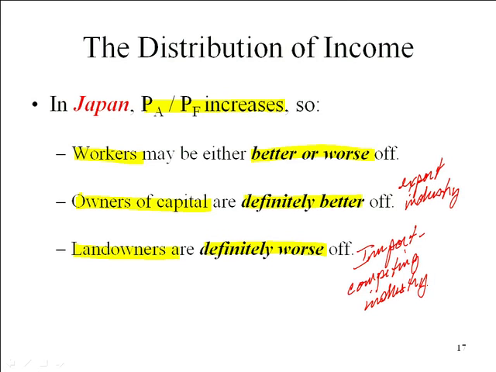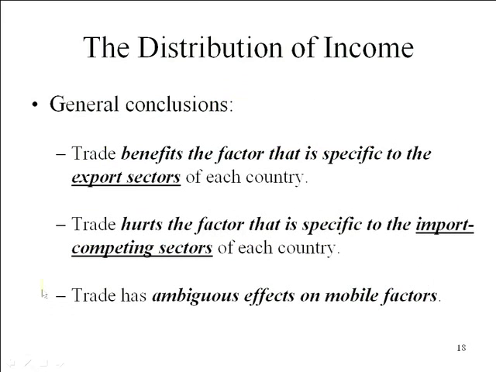So again, just in more general terms, we want to remember, trade benefits specific factors in the export sector, trade hurts specific factors in the import competing sectors, and it's ambiguous in terms of the mobile factor. Now remember, we showed last week at the end of our discussion about the Heckscher-Ohlin model, even when we have winners and losers from international trade, we know that in the aggregate, from an economic perspective, the country's on a higher country indifference curve. The country has larger consumption possibilities. It's possible for everybody to consume exactly what they did in autarky, and for some people to even have more.